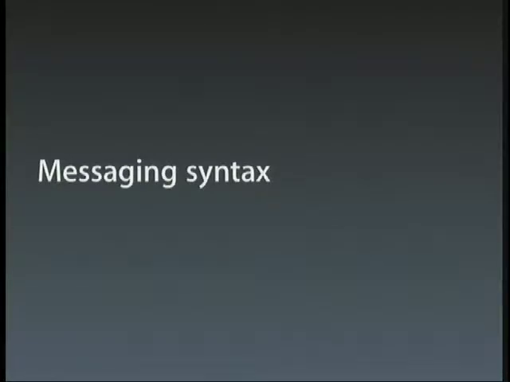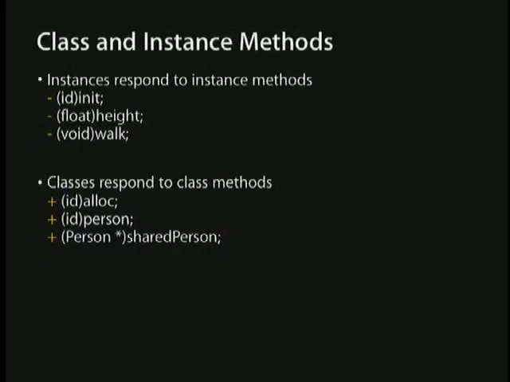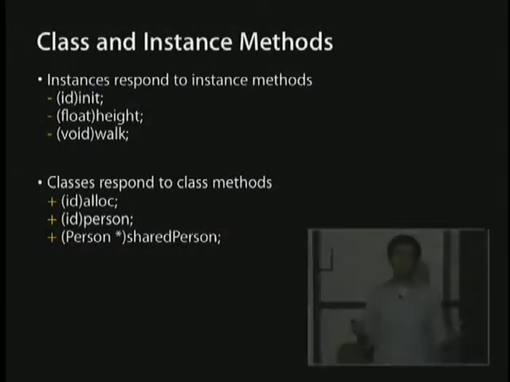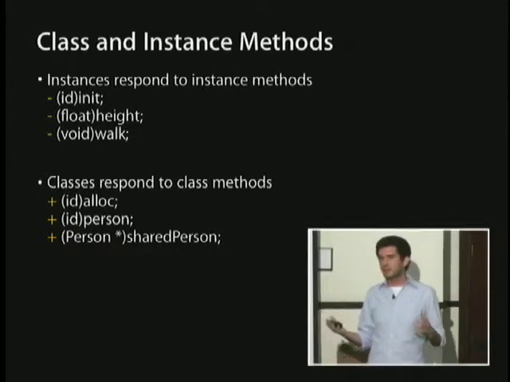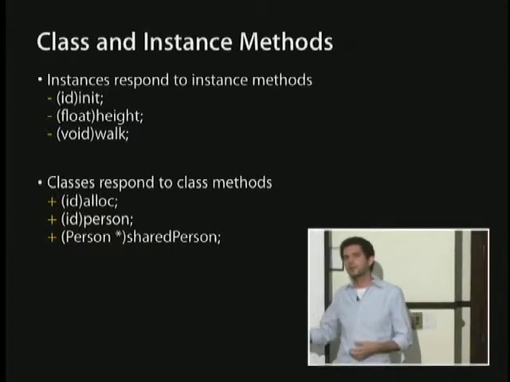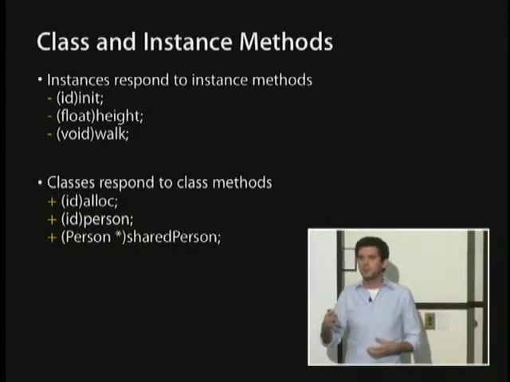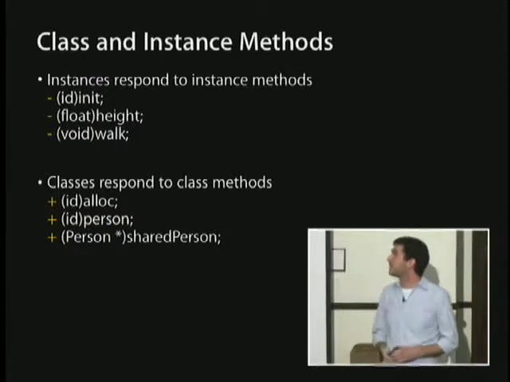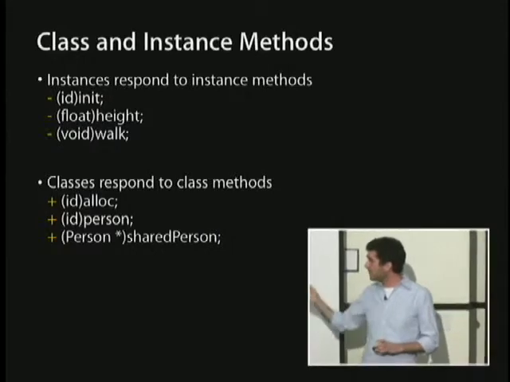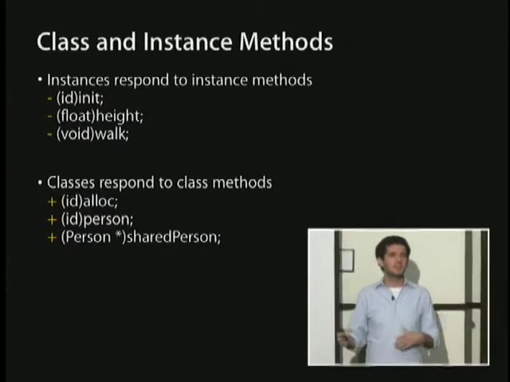So let's look at some of the specifics of how you actually send messages using Objective-C. I already mentioned that you can send messages both to classes and to instances, and there's slightly different syntax when these messages are declared. So when you're looking at a header, you can know, just by looking at it quickly, whether a message should be sent to the class or to an instance of that class. At the top, we've got instance methods. They all begin with a minus sign. And at the bottom, we have class methods. Those are things that can be sent to the class itself.